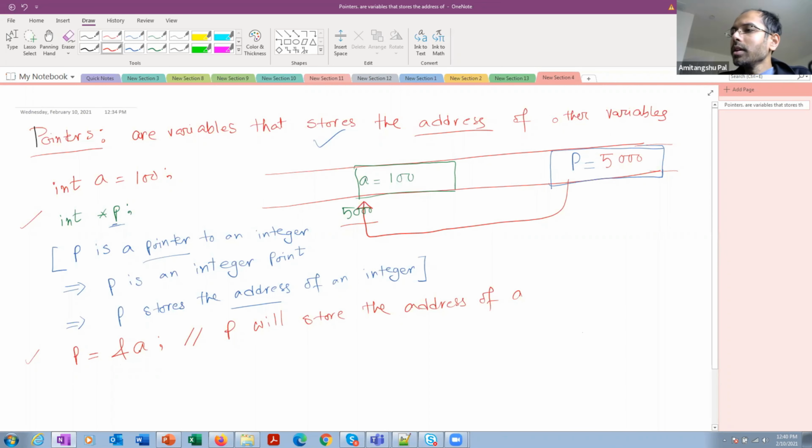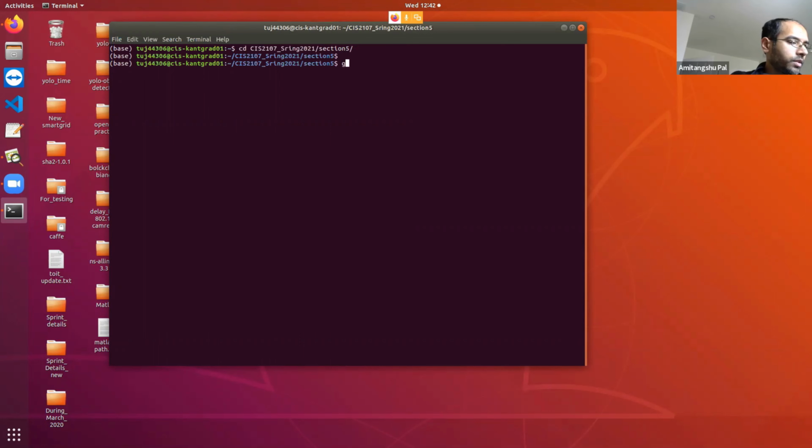Clear? So whatever you have learned till this point, let's write it and see what's happening. Let's write basics of pointers.